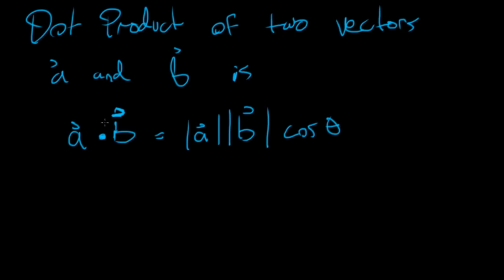Notice when we did the basics with vectors, we added and we subtracted vectors, but we never multiplied them. And this is why. We have a type of multiplication with vectors,